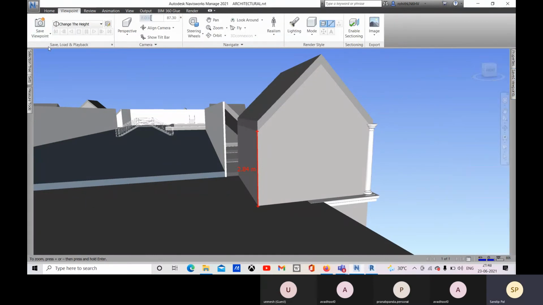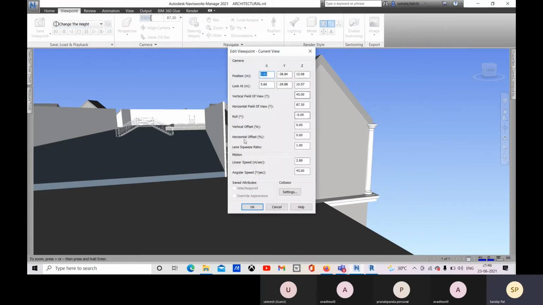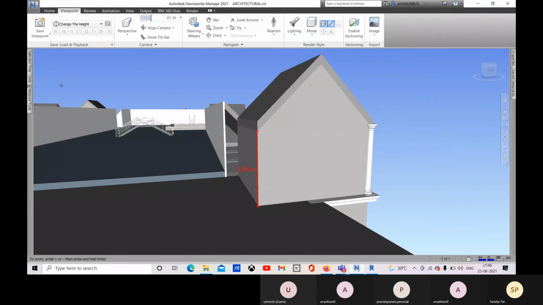Similarly, you can create any viewpoint from this viewpoint tab, and there you have this viewpoint option, and you can create. And if you want to edit this current view, the camera position and all, the horizontal field of view, vertical field of view, the roll, the vertical position, everything you want to change, you can change it.